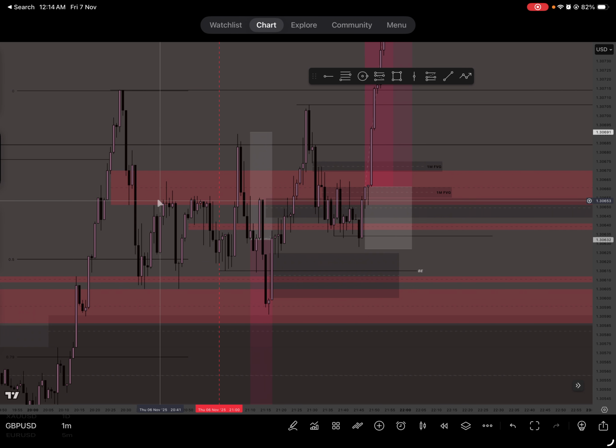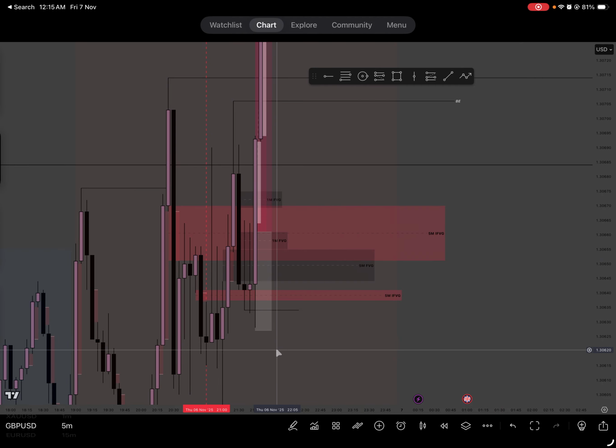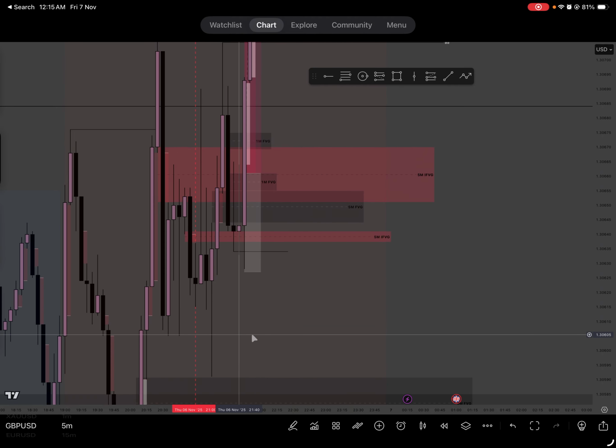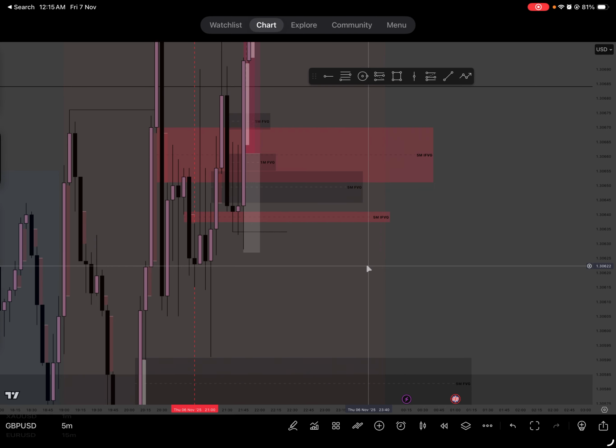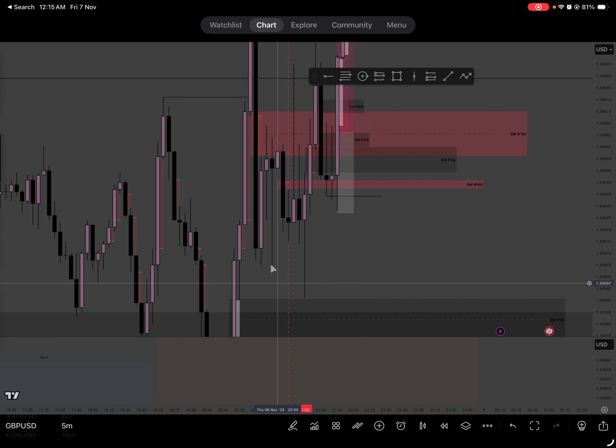Okay, cool. So after we get that manipulation, like that reverse AMD model, we displace up, right? So I'm like, okay, cool. Buys could work, right? Because that means that we took out, after taking out